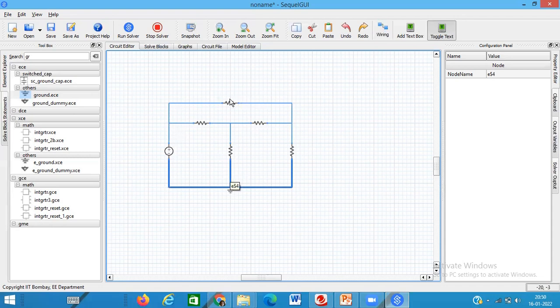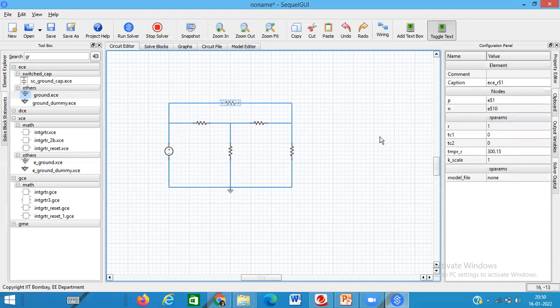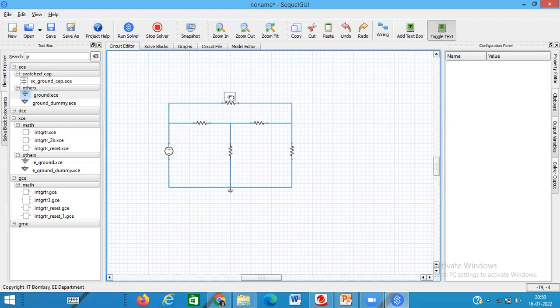Okay. Now what we will do is put the values of the resistance. See over here, there are parameters. See here, R is there. So you just change that value to 470. And here, in caption, you can write R1, right? So now this R1 is 470 ohm. Here you can write add default property box. So this becomes 470 ohm, right?